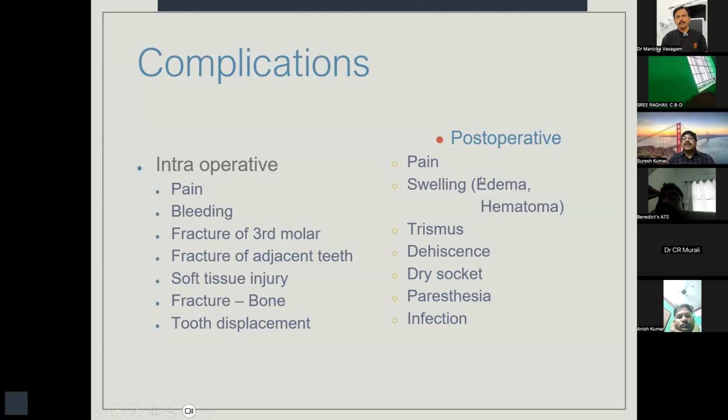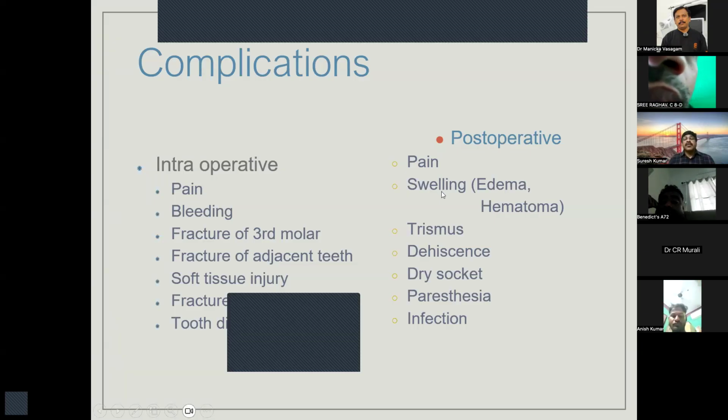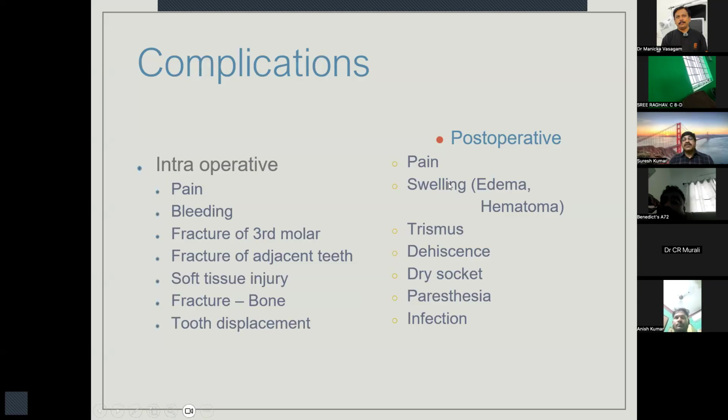Post-operatively, we see this regularly. Patients will have some amount of discomfort in spite of all your medications. Then they are prone to have swelling. Of course, it's a surgery, there will be swelling. If it extends more than 3 days, then you have to suspect infection also, because the surgical edema starts subsiding after the second day. Trismus is a big possibility because there is hematoma around the muscles of mastication. So trismus is definitely a possibility, but there is spontaneous recovery. You don't have to do anything. And wound dehiscence, very common.